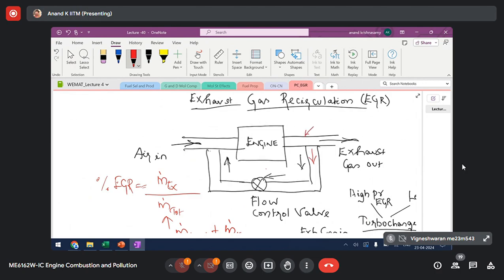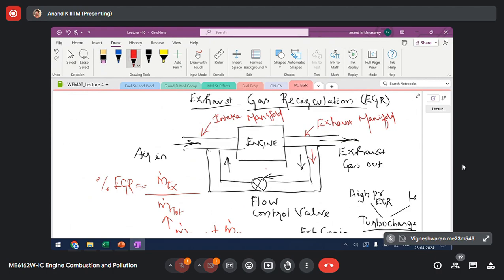So this is the exhaust manifold or pipe. This is the intake manifold. So you are actually tapping a fraction of exhaust gas by having an additional flow line. You create an additional flow line, tap a fraction of exhaust gas from the exhaust line, and then circulate it back to the